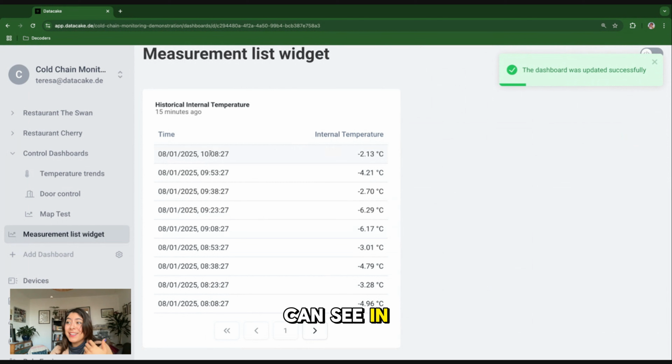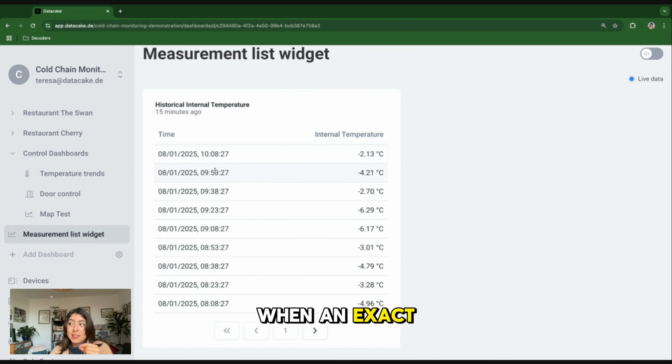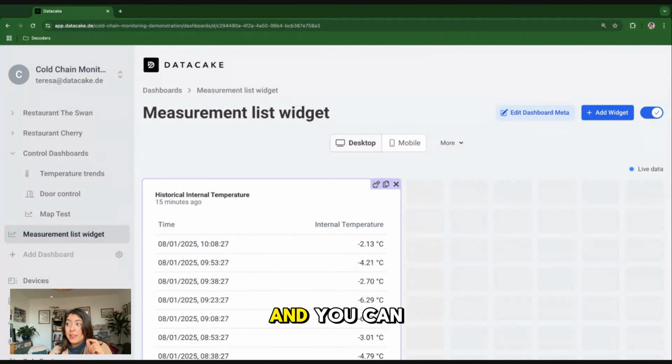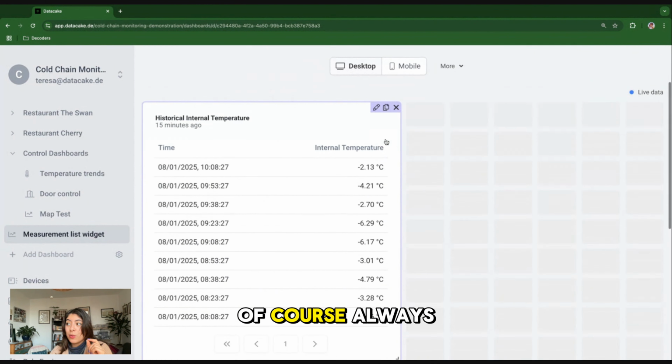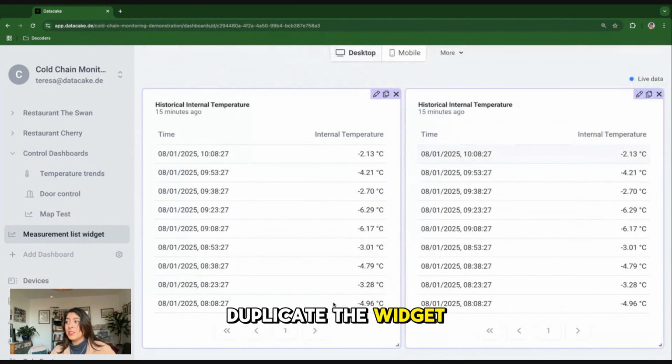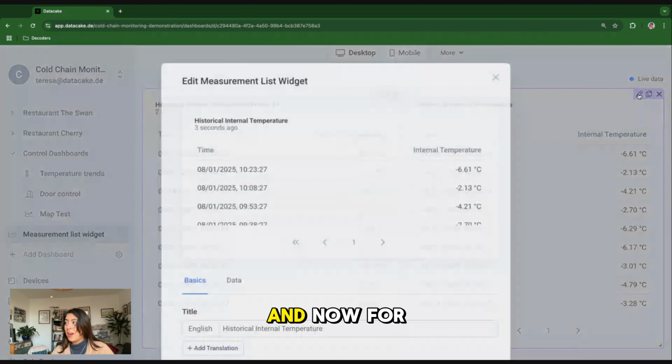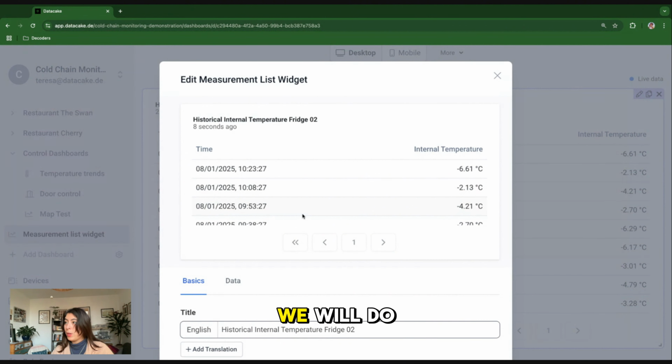As you can see in here, now we can see when the measurements arrive with an exact timestamp, and the past measurements for the internal temperature for fridge number 1. And you can of course always duplicate the widget, and you can do so for all of the fridges. So this is fridge number 1, of course,